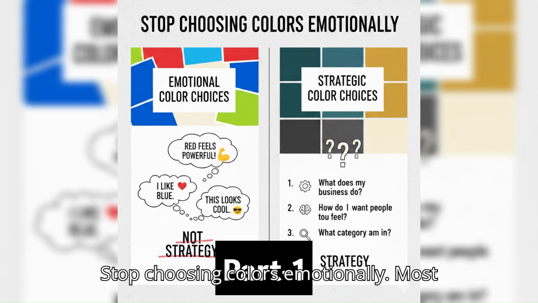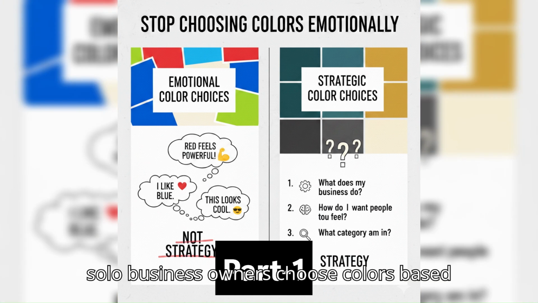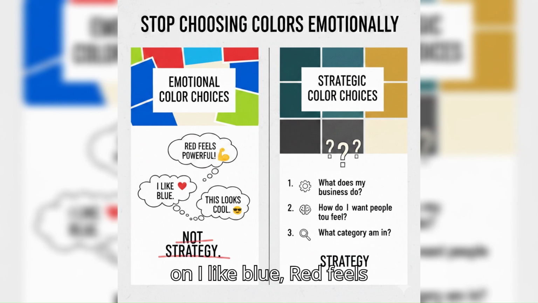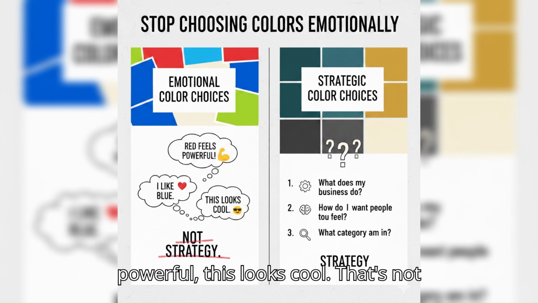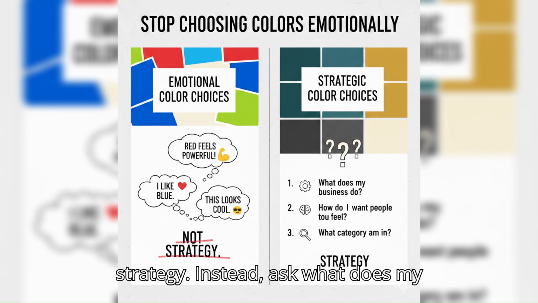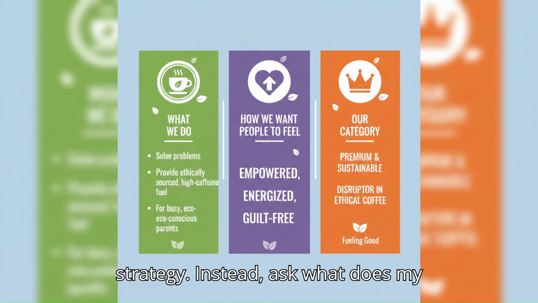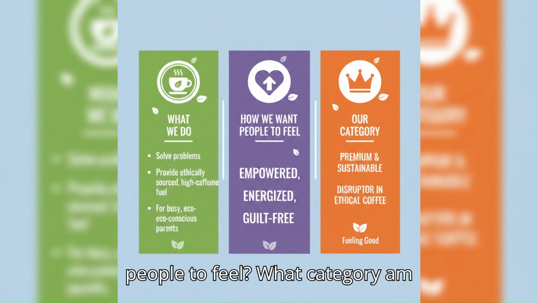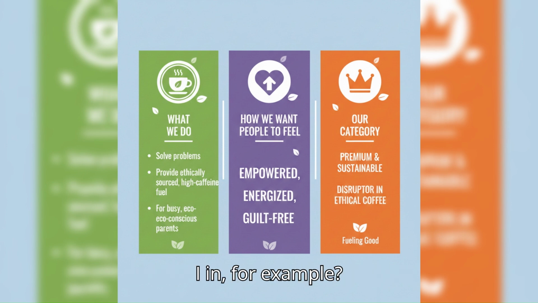Part 1. Stop choosing colors emotionally. Most solo business owners choose colors based on "I like blue," "red feels powerful," "this looks cool." That's not strategy. Instead, ask: What does my business do? How do I want people to feel? What category am I in? For example,